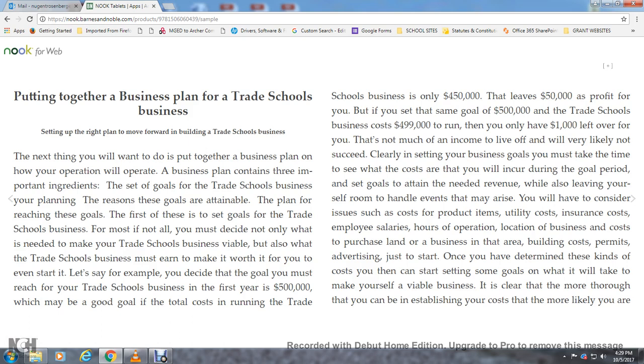The set of goals of the trade school business for your plan, and the reasons the goals are attainable, along with the plan for reaching these goals. For the first of these, setting goals for the trade school business, you must decide not only what it needs to make your trade school business viable, but also what the business must earn to make it worth it to you to invest and start it. Let's say, for example, you decide on the goal you must reach for the trade school business in the first